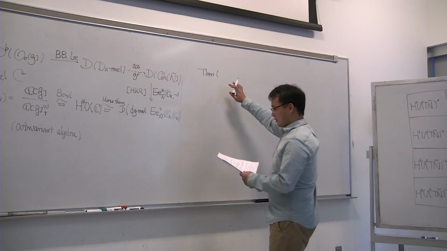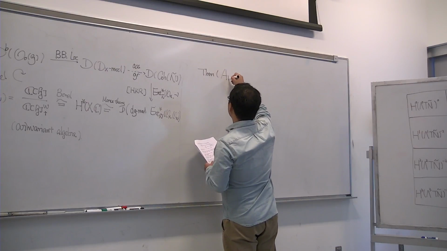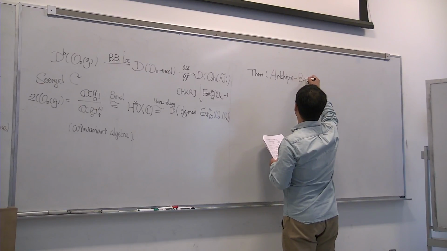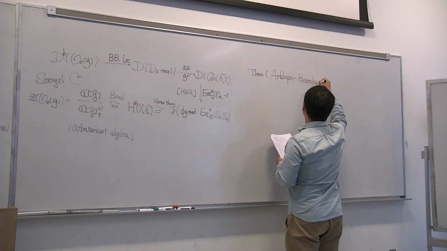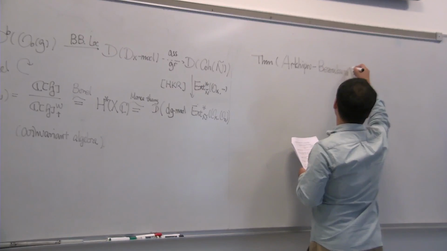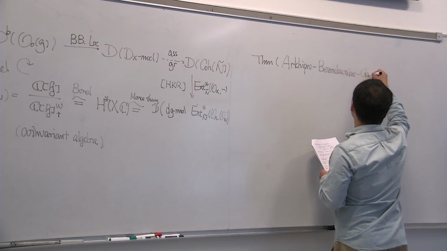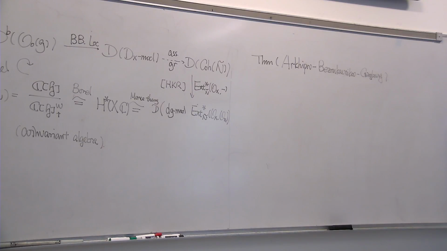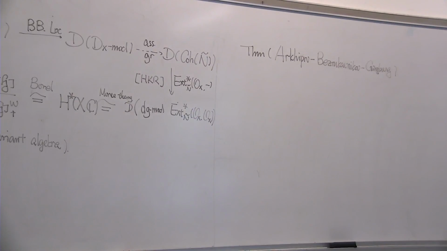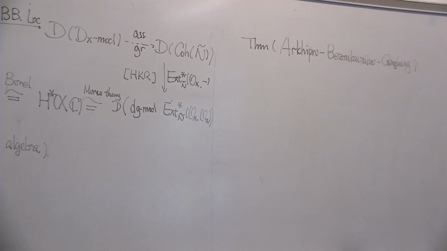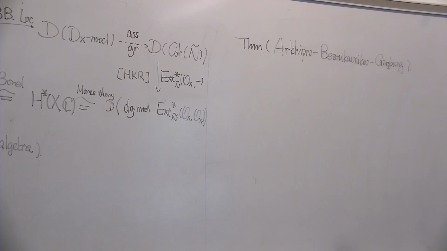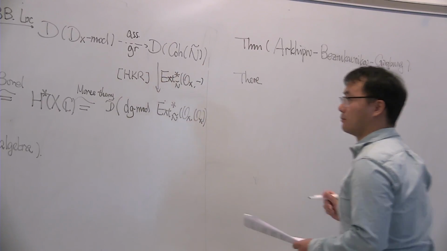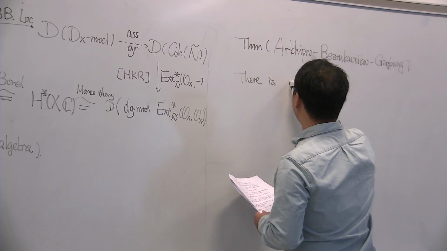So the theorem has been pushed forward by Arkhipov, Bezrukavnikov, and Ginzburg. Arkhipov right now is in Sweden, and Roman Bezrukavnikov is at MIT, and Ginzburg is at Chicago. And they strengthened Beilinson-Bernstein localization: there is a triangulated equivalence